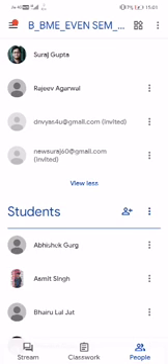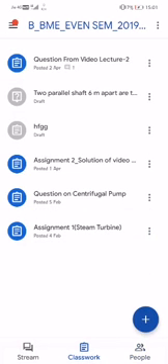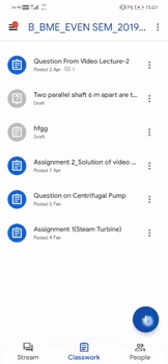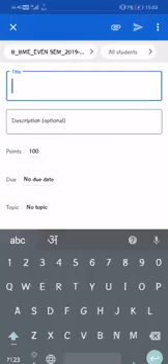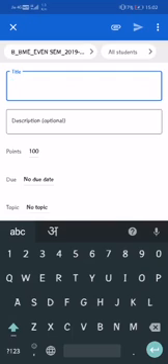So you just go to the classwork and you just add. You can see the classwork has been already assigned and posted here, and you just go to the plus sign. In the question section you are not going to write the exam, because uploading is not in the question section, and material is for the notes. You can upload the notes for the students to study, and in assignment you can conduct a quiz, you can conduct an exam also.